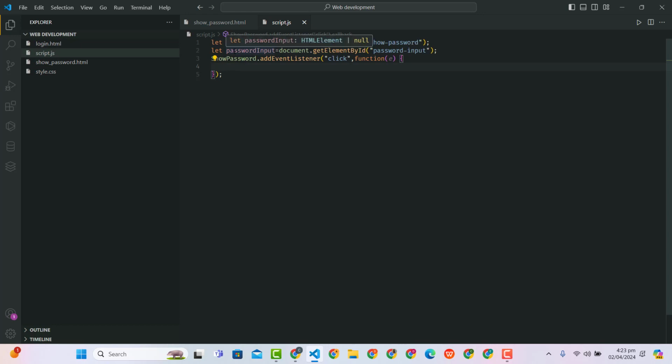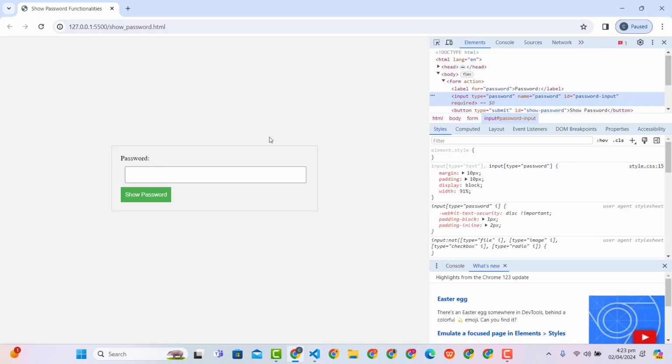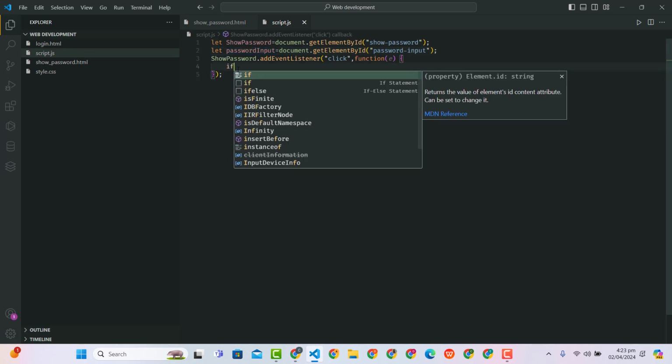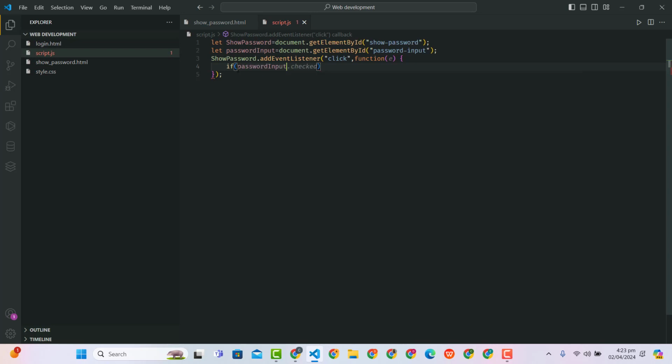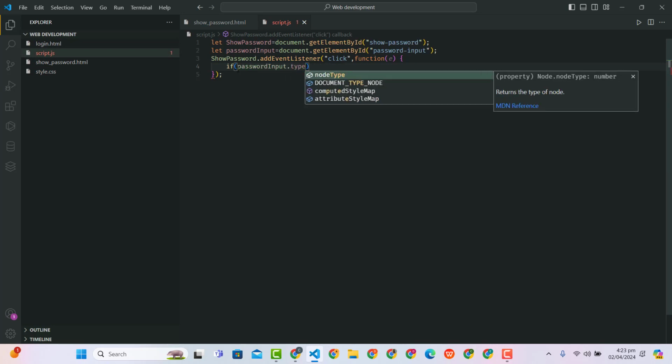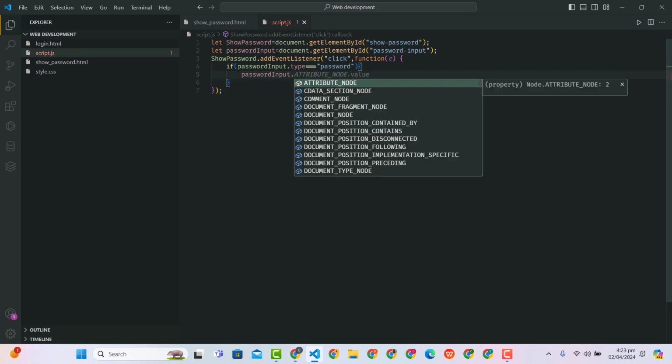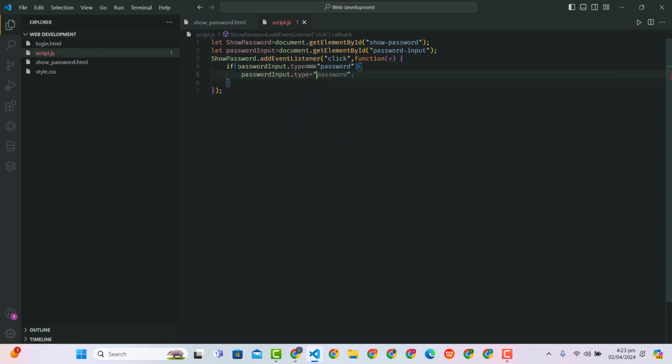So this is what we are going to do. We are going to use an if statement to check if the password input, the type currently, is password. If the type is password, change it to text. So that's what we are going to do. So use an if statement. So it will be if passwordInput.type is triple equal to password, then passwordInput.type, let's set it to text,